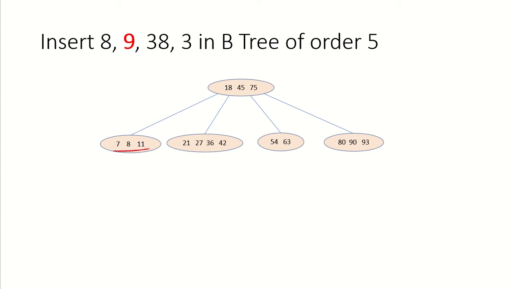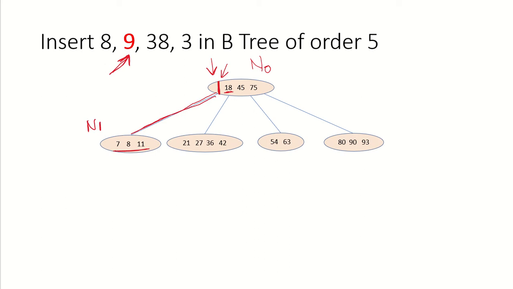Now the value that has to be inserted is 9. Again we start from the root node over here. Let's call it N0. We compare it with 18, which is the first key value. So we know that 9 is less than 18. So we will have to use this pointer over here to go to the node which is storing all values which are less than 18. So we reach node N1 again.